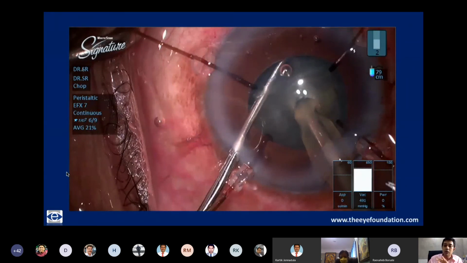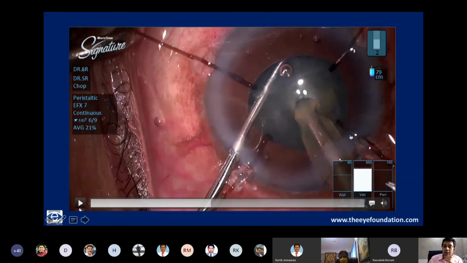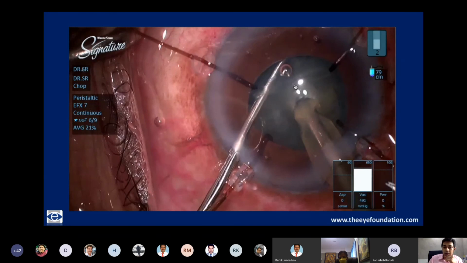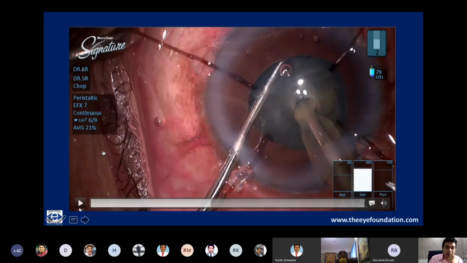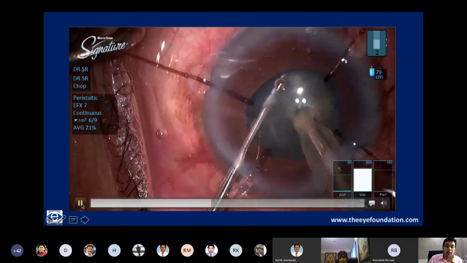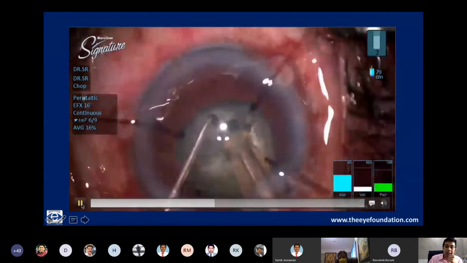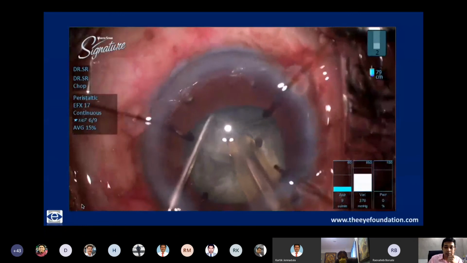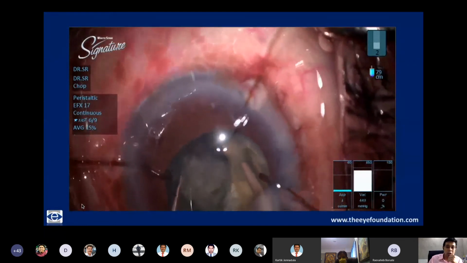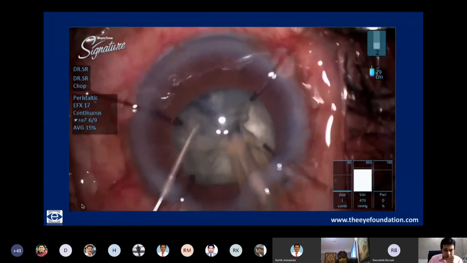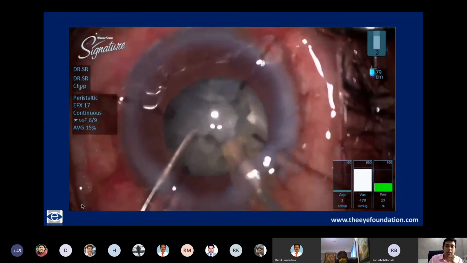So stabilize the capsular bag initially with capsule hooks, which are equidistantly placed, as you can see here, in your main 4 areas. Keep the area where you're going to do your chopping a little free, so that it doesn't get entangled with your instrument and you are able to move ahead with your chopping. So once these capsule hooks are in place, you can go ahead and do your chopping techniques. This is a standard direct chop, which I'm using here. And once the pieces are separated, you can start removing them.